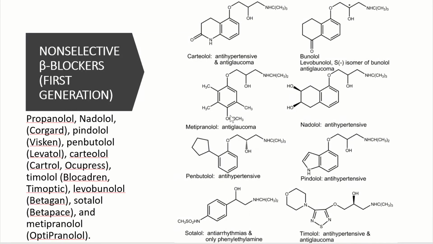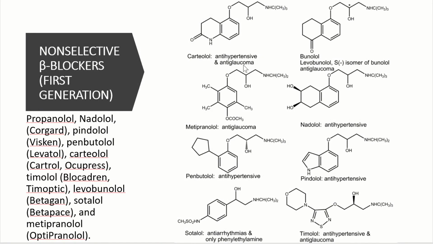We should have an idea of the structure of propranolol, because that is the prototypical drug. For the others, you just need to have an idea of their names and which category they fall under. Clearly I wouldn't ask you to draw their structures, but you need to have an idea of the class of drug I'm speaking of,